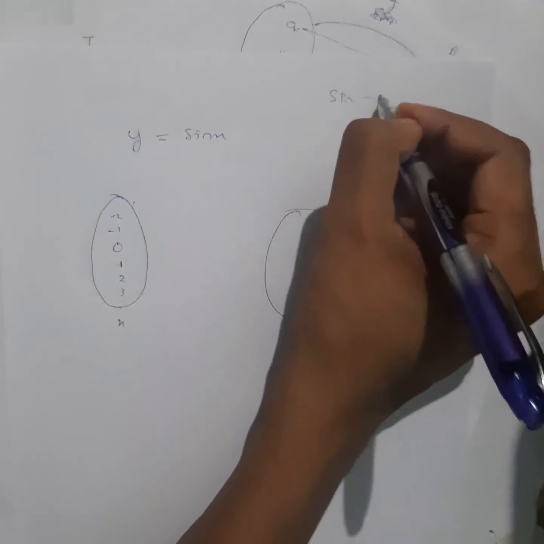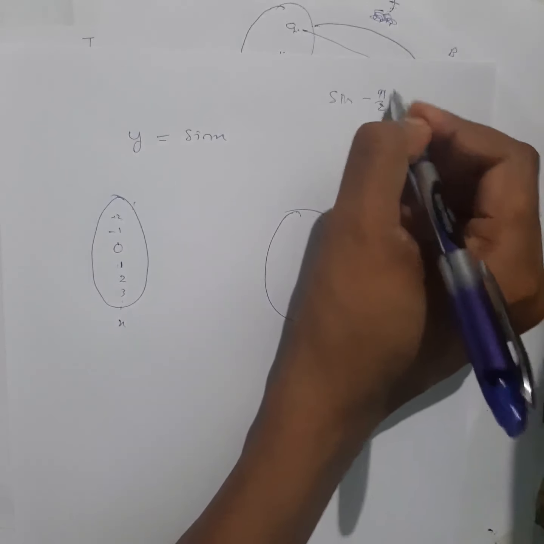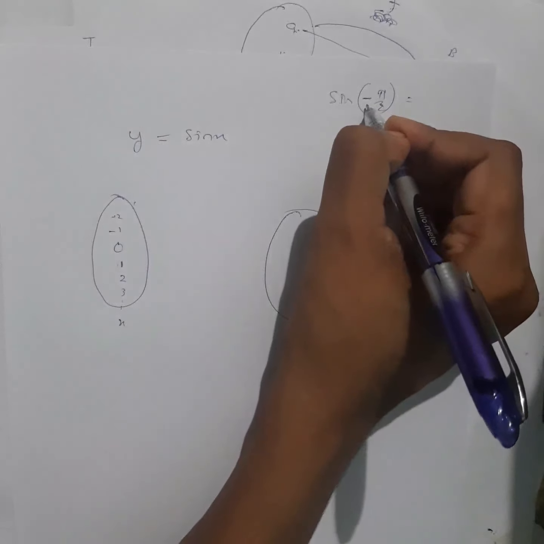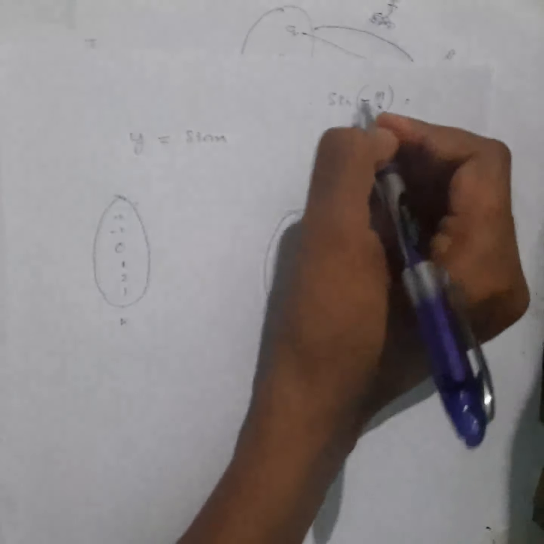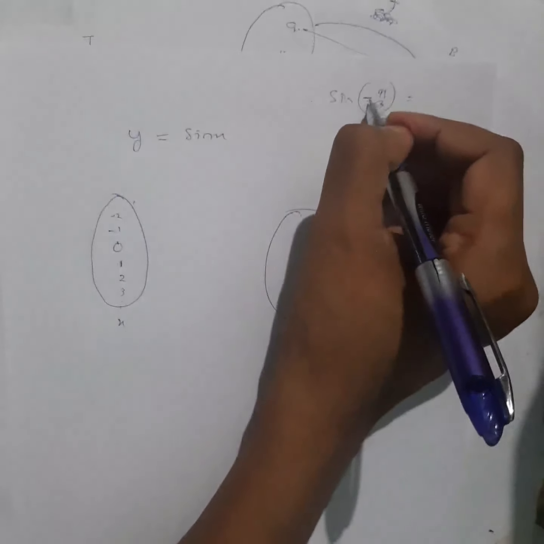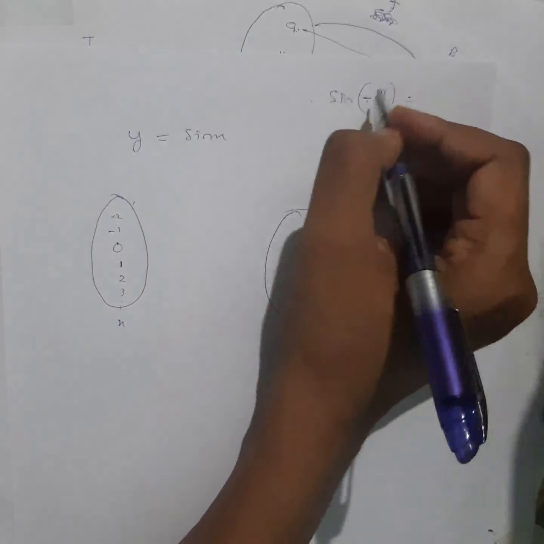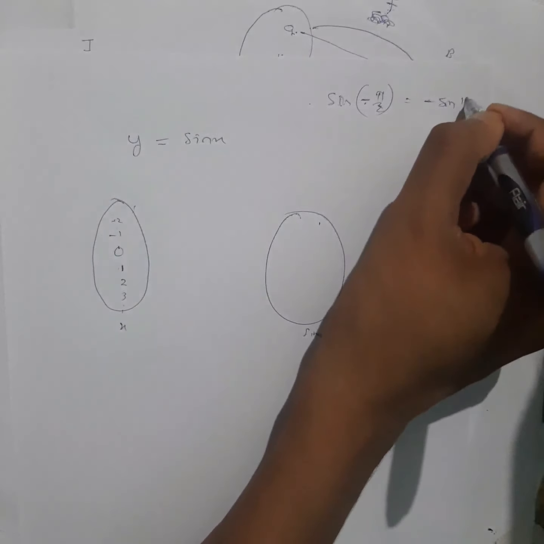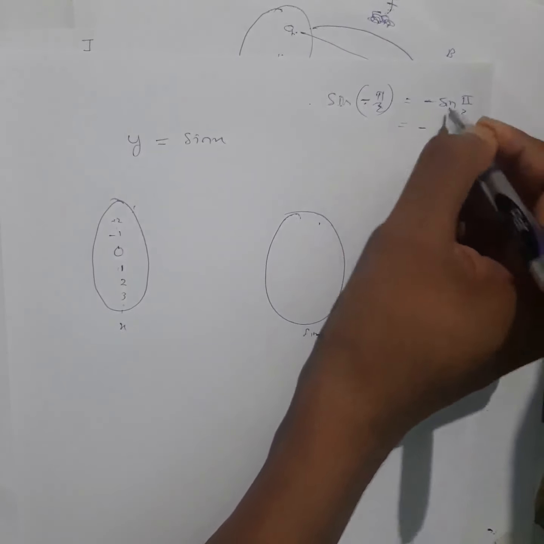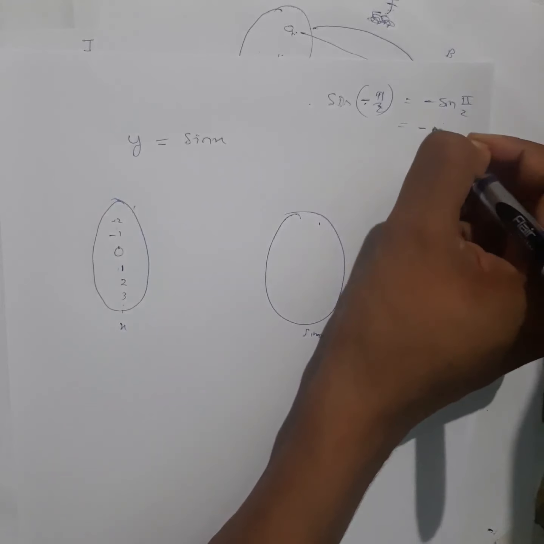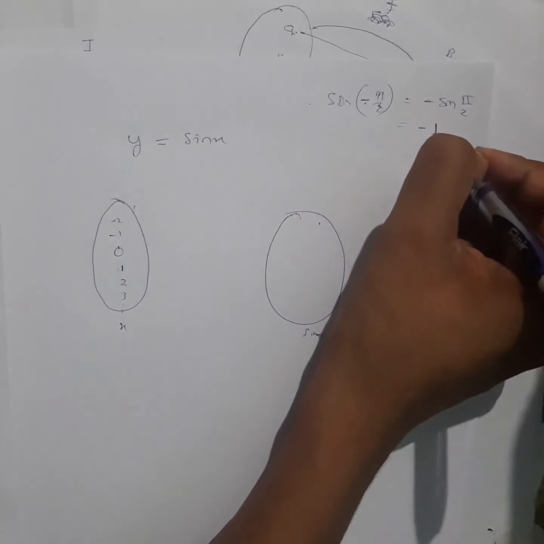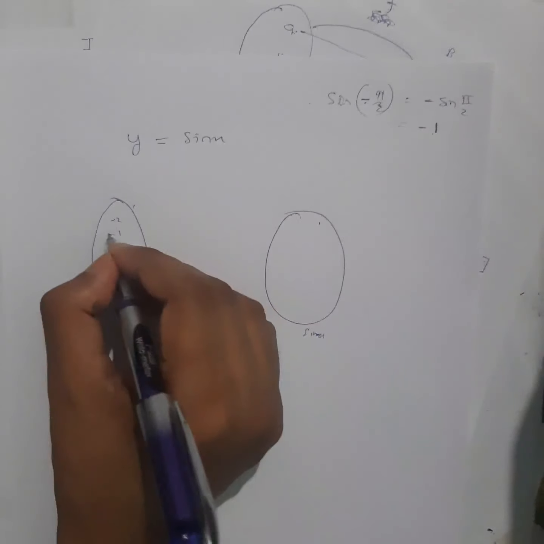Minus 1, minus 2. Remember, sine of minus pi by 2. How much? You can find this out also. This is how we used to solve. Remember, this negative sign we always used to remove from inside the bracket, and for removing it we had a rule, right? Remember, sine of minus theta, what did we write? Minus sine theta. So this will be how much? Minus sine of 90 is how much? 1. So you can see sine of minus pi by 2 is how much? Minus 1. So let me write down here.